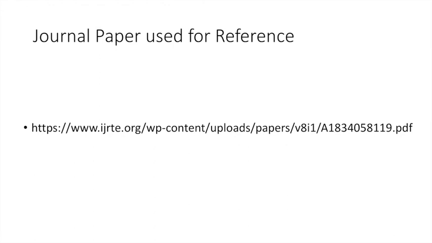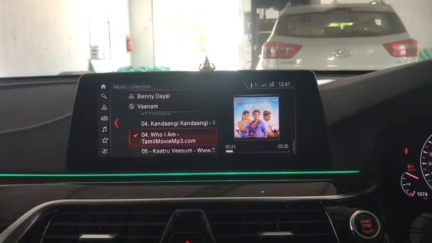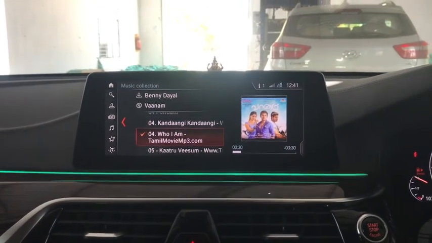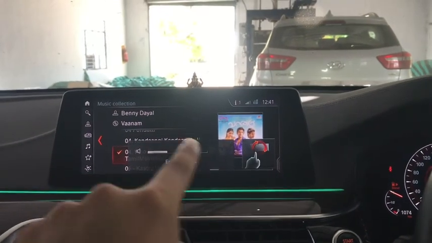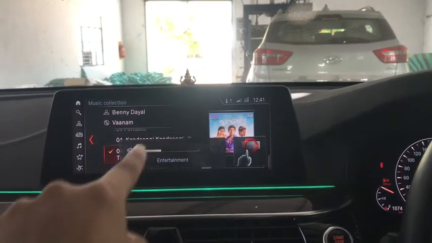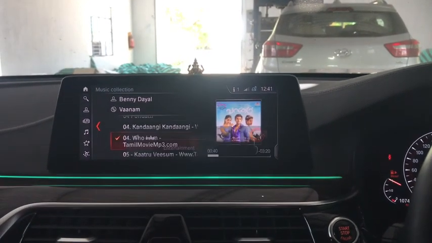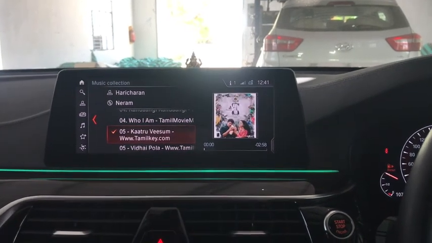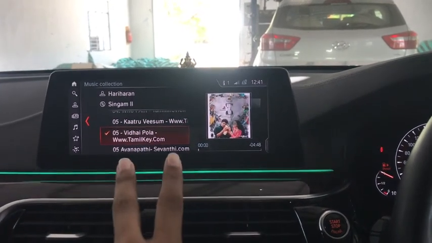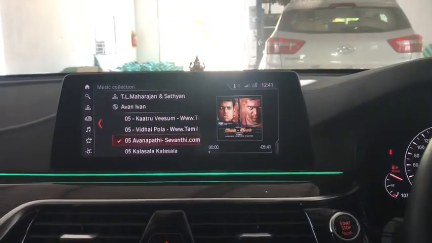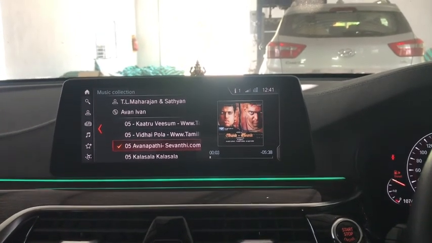Now let's see an application. Nowadays, cars are equipped with technology that recognizes hand gestures. Now we have taken a video in a BMW car where it helps the driver to access some of the features like volume up and volume down as shown, and even change the track. Now if we point 2 fingers at the screen, the track will change immediately. We can access these features without even touching the buttons, and this helps the driver to drive safely.